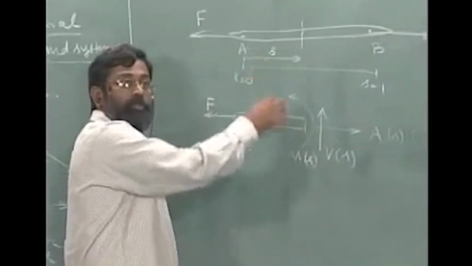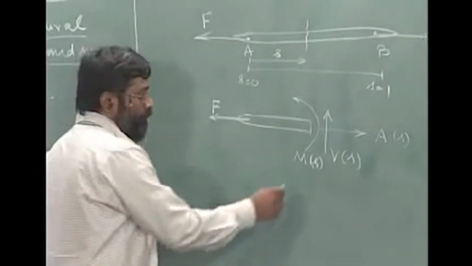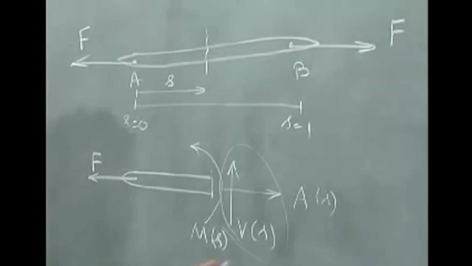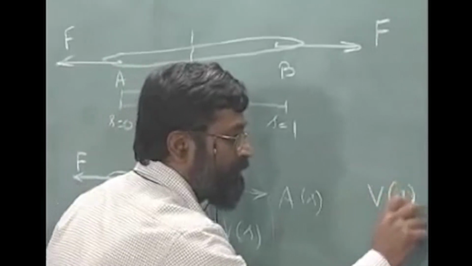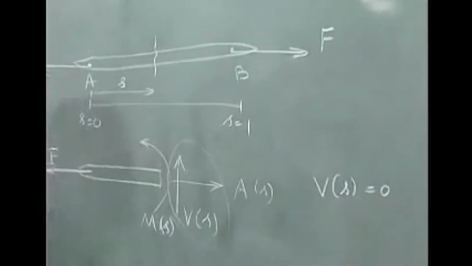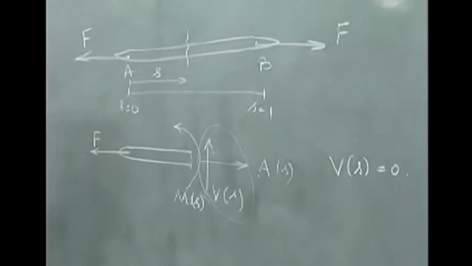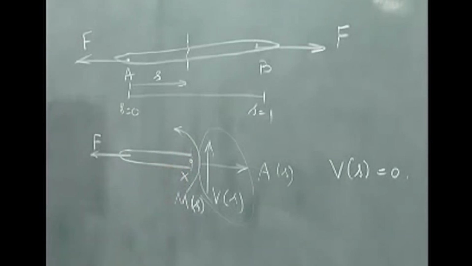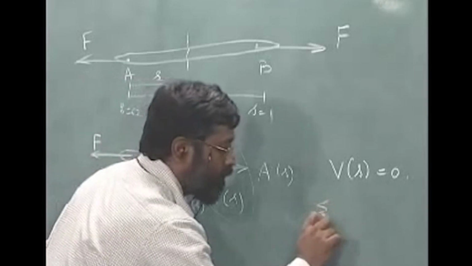For total vertical forces equal to 0, you have only one shear force acting here, which means automatically I will have V of S equal to 0, examining the vertical forces. If I take moment about this, let me call this capital X, if I take moment about this,